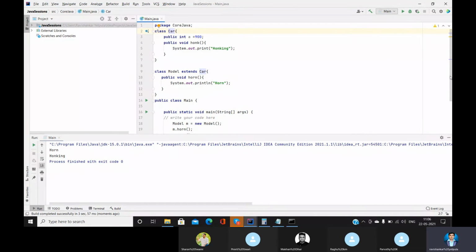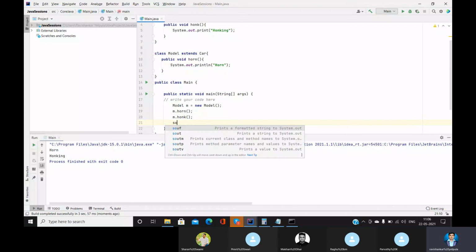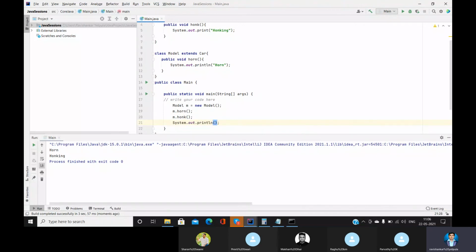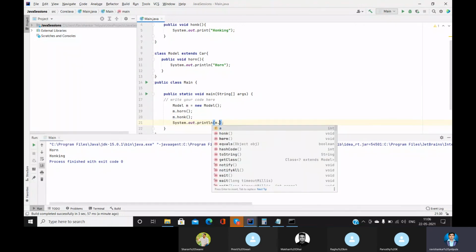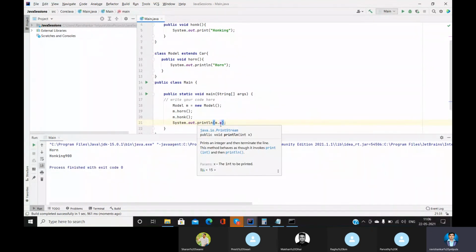In the same manner we can access the variable of it also. What was the variable name? Yeah. Can you see that, guys?